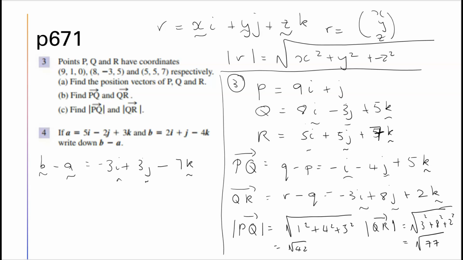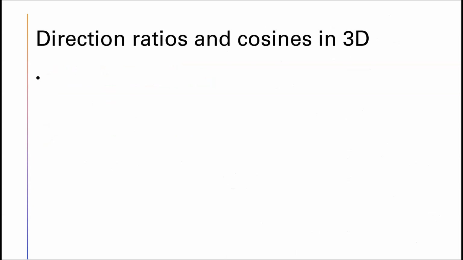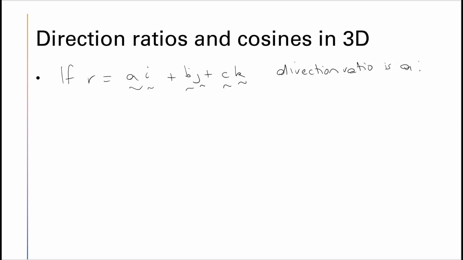Now, we need to be able to work in 3 dimensions as well. So if we've got r equals ai plus bj plus ck, and maybe I should do all of those, then the direction ratio, if we need to find it, is a to b to c. So then the direction cosines